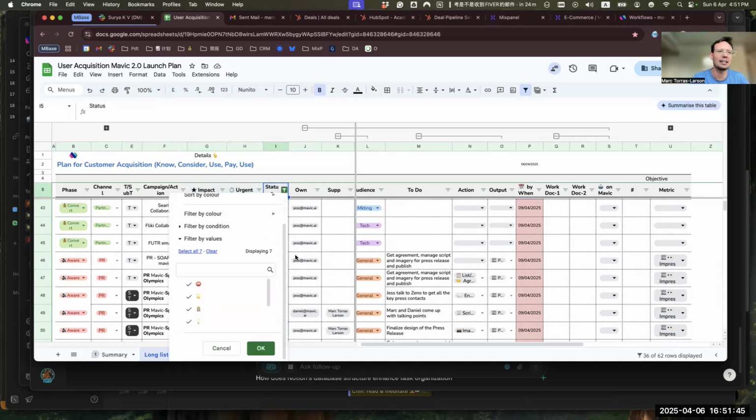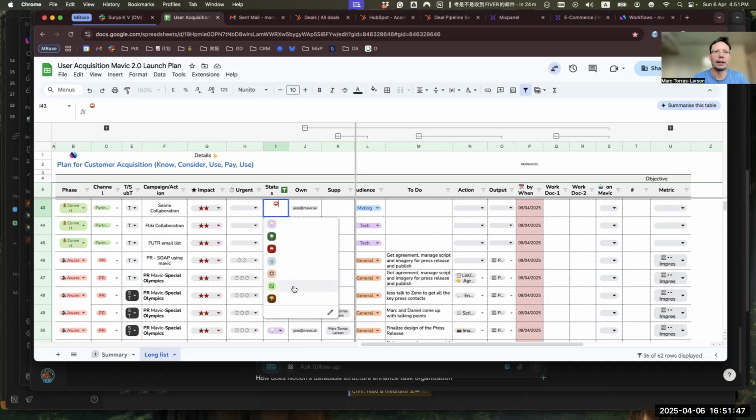It is not, actually. Sorry, I filtered already. You can have it blank, meaning we're not even thinking about this, but it's in the list. I filter that out automatically. Then ideas: we are in the ideation phase. We should be doing it, but this is the important one. Start: let's start this one. Priority: we've identified this. Start.